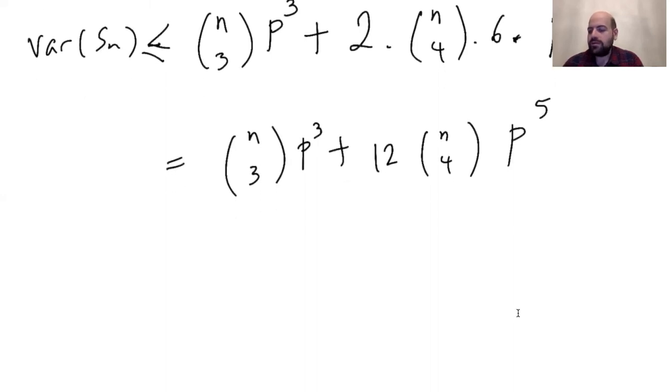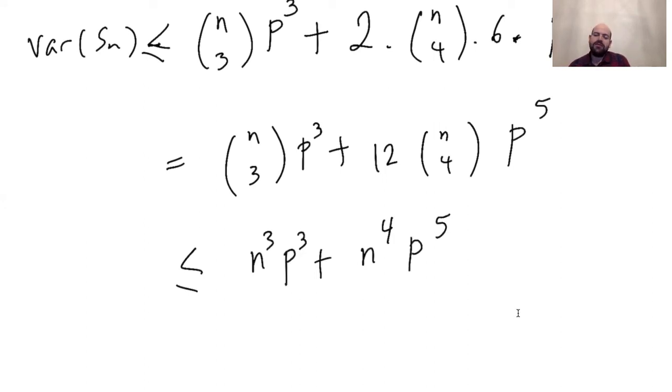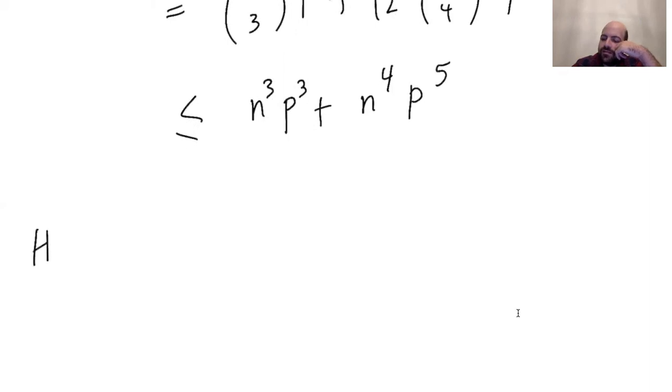Okay, and this one you can easily see is less than or equal to n cubed times p cubed plus n to power 4 times p to power 5. Well, obviously n choose 3 is less than or equal to n cubed. Just write the expression n times n minus 1 times n minus 2 over 6, which is of course less than or equal to n cubed. N choose 4, again write the expression times 12. You can easily see it's less than or equal to n to power 4. Hence,